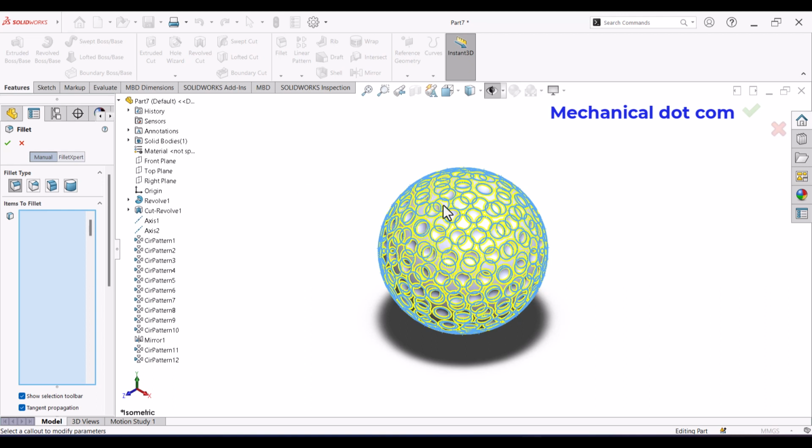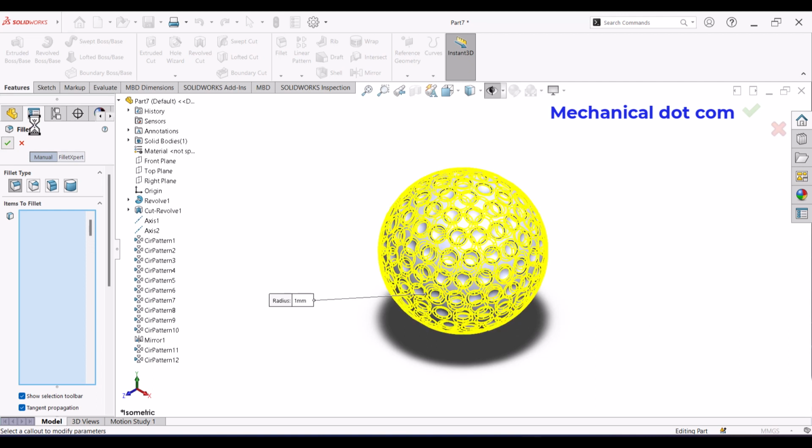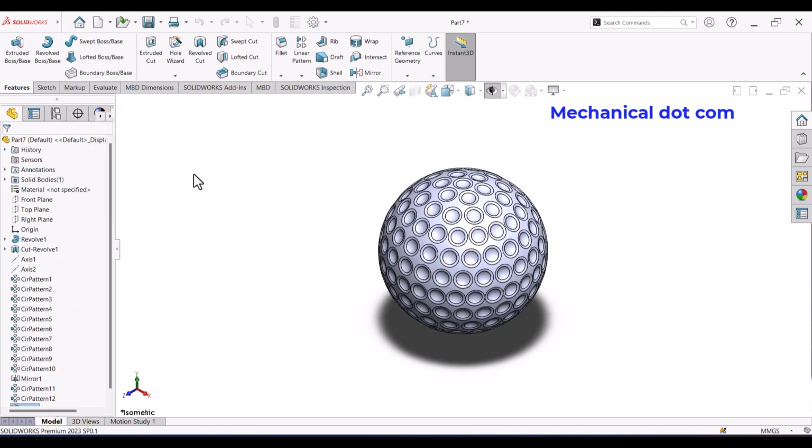Now all patterns are selected, so press OK. See, our part is complete.